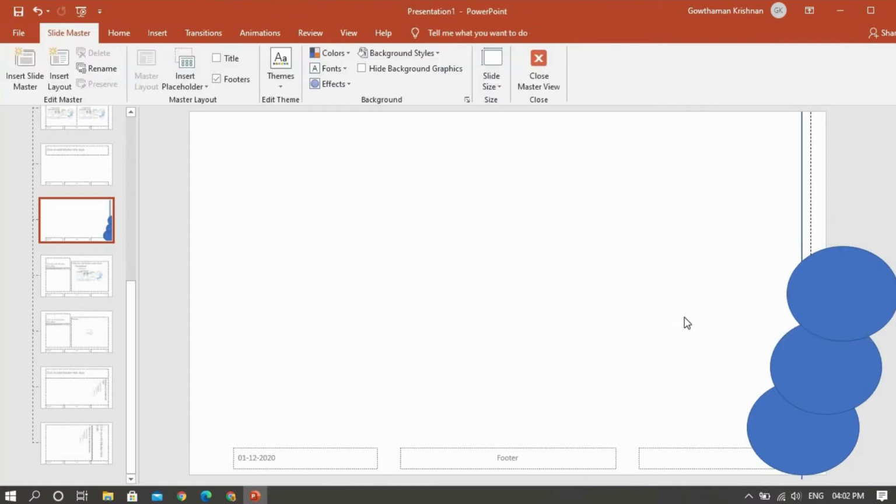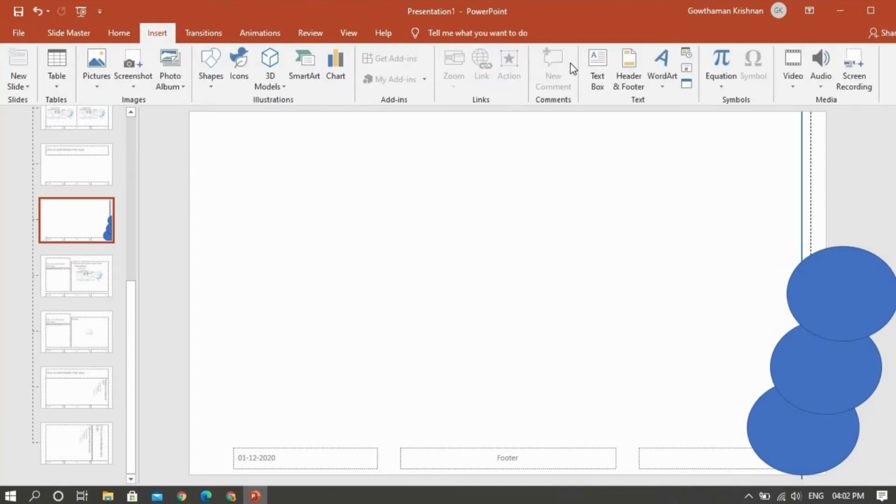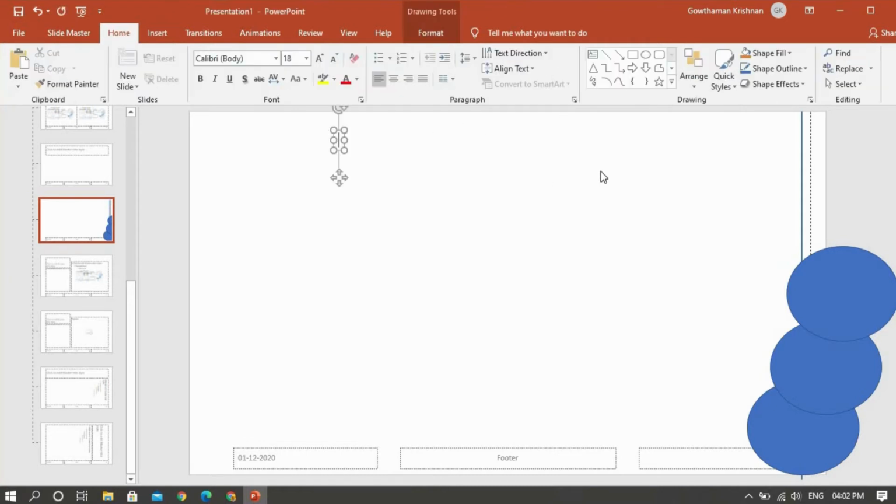Now you can write the title which will continue for all the slides. So insert a text box here, click here and write: interactive multimedia.